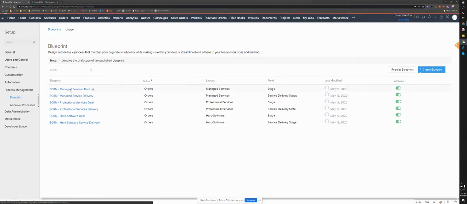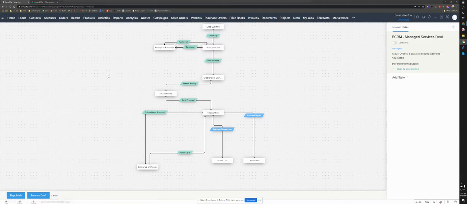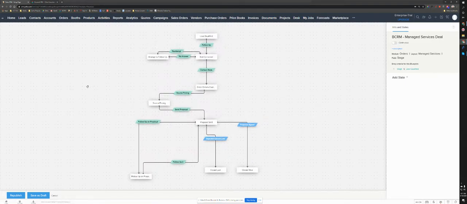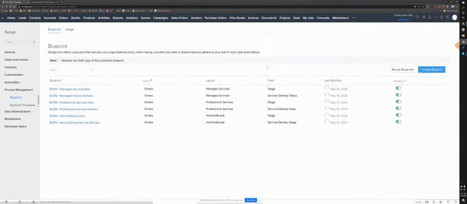the deal. So the first one is going to start working on the stage of the opportunity or the deal. So as you can see, we have all these states: lead qualified, not contacted, attempt to follow up, and source pricing, other details captured, so proposal sent, follow up, and close lost, and close won eventually. So if I show you,